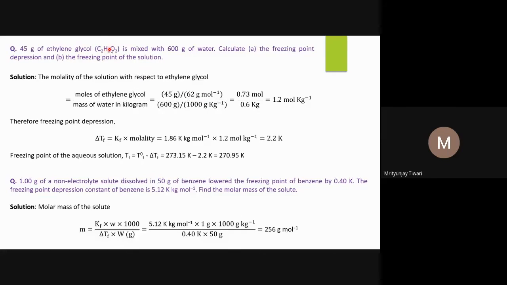The molar mass of the ethylene glycol we can calculate very easily because the molecular formula is given. So 2 carbon atoms, its mass will be 2 into 12, it is 24, plus 6 hydrogen. 6 hydrogen is 6 into 1, because 1 hydrogen atom, its mass is 1 atomic unit or 1 gram per mole. So it is 6. So 24 plus 6 is 30, and 2 oxygen, it is 16 into 2, 32. 30 plus 32 is 62. So 62 that we obtain here.